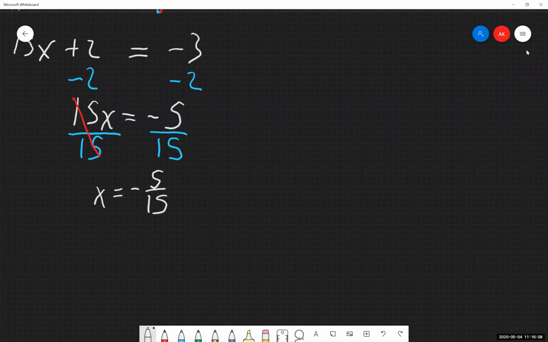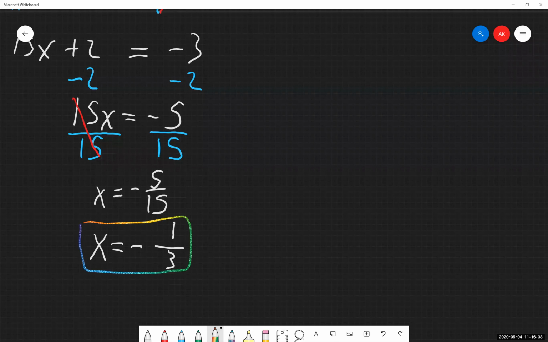And now we always, always, always need to check and make sure, can I reduce this fraction down? Either you can do it in your head, you can use a calculator to help out with that, whatever works for you, but you have to fully reduce this thing down. And this does reduce. Numerator and the denominator both have a common factor of 5, which means each of them can be divided by 5. And I can't do anything else with this problem or reduce it down any further. So I have my final answer, -1/3.